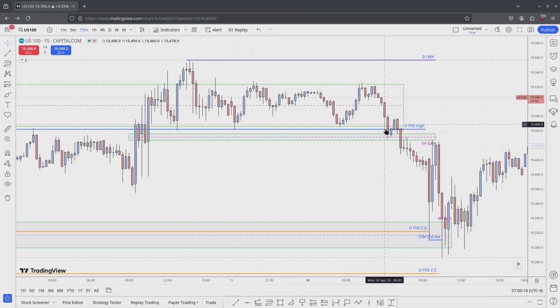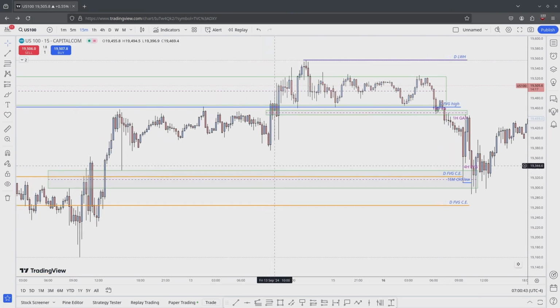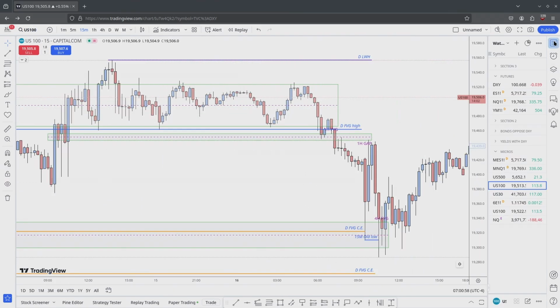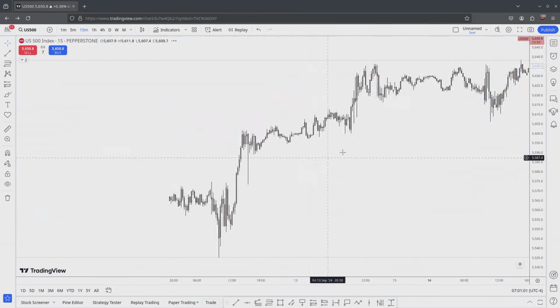Sell side was taken out with these lows, and these highs were all jagged in my opinion. Last week's high resting above here. What drew my attention were these equal lows, these relative equal lows down here. Those drew my attention. If we quickly take a look at US 500